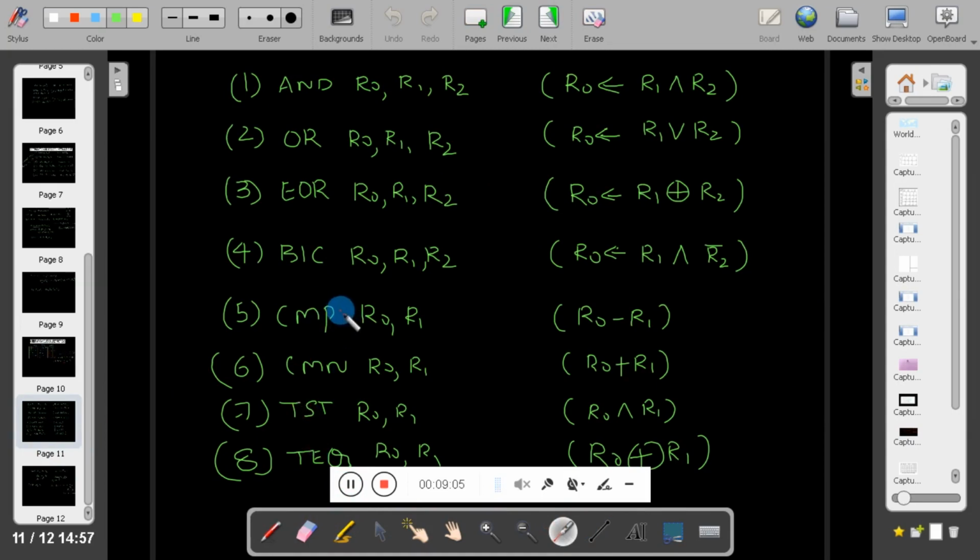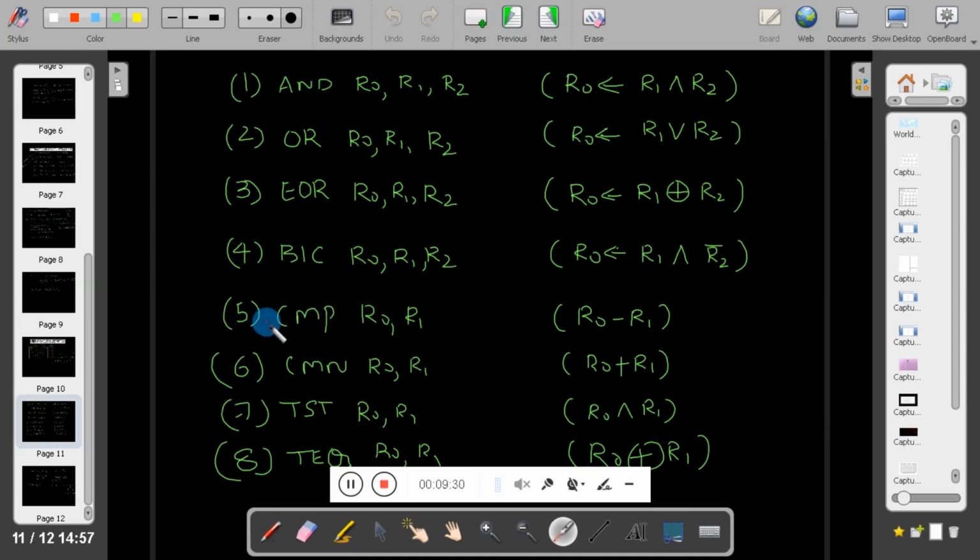For these instructions you need not add S. They are supposed to change the flag status based on the operation. But for all the other instructions, you need to add S if you want the flags to be affected.